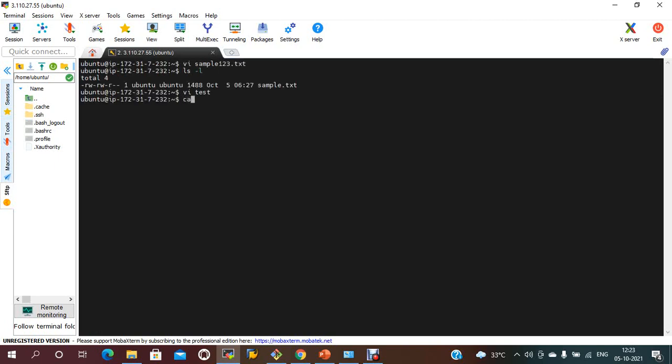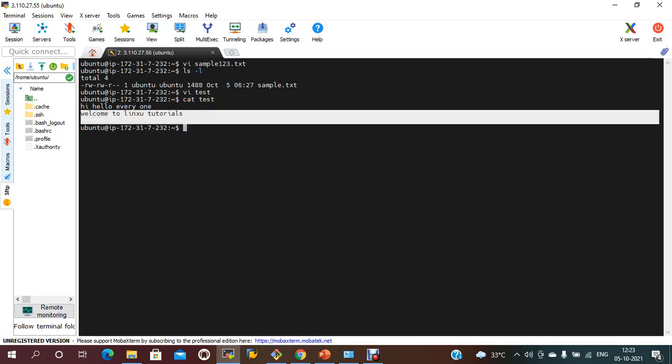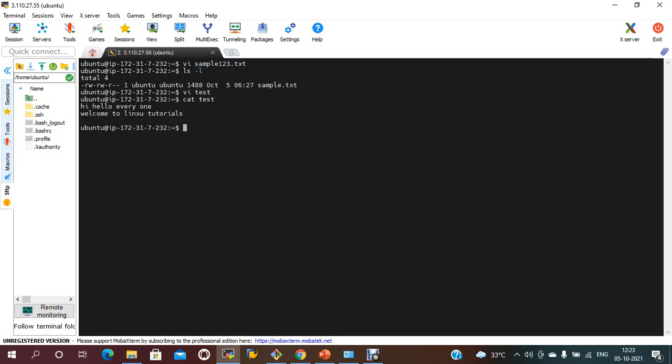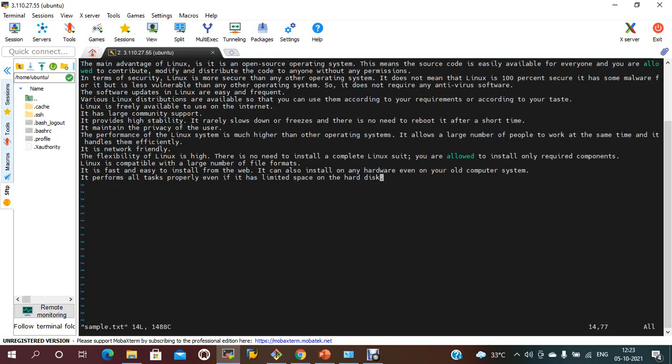If I check now with cat on the text file, whatever text we inserted is available. You can use the VI editor for existing files also. If I open an existing file, this content is available.